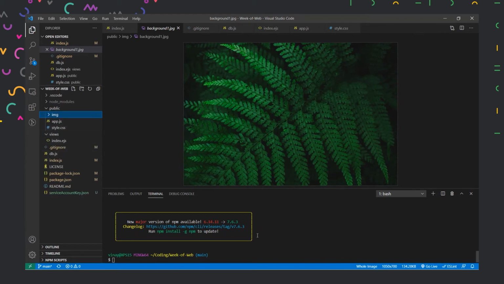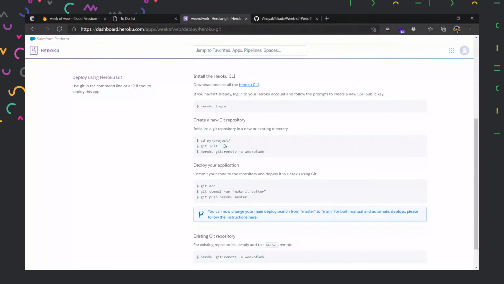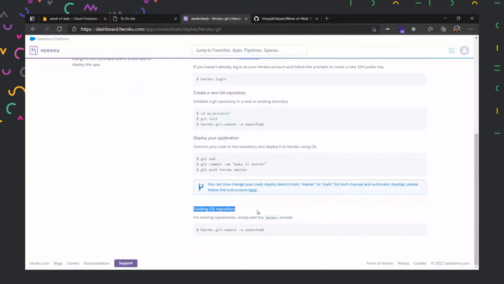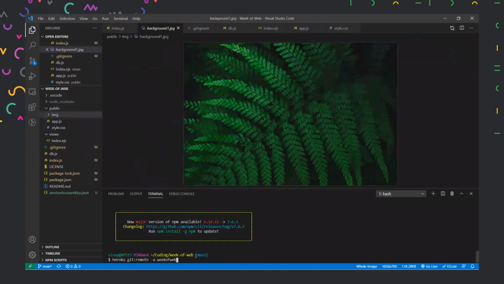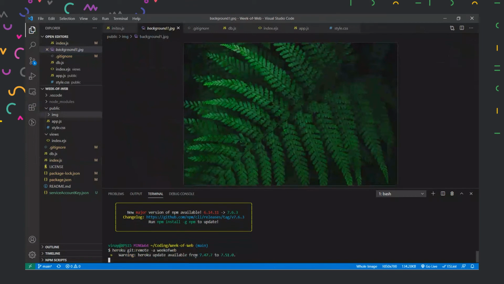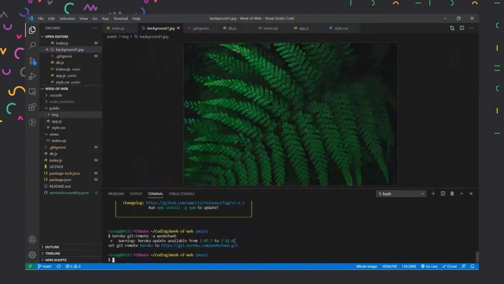After this, let us host our website. To do that, we will go through the documentation of Heroku. Here it is telling us that for an existing repository, we just have to create a remote. We'll copy this into our terminal, and then it will tell us that we can update our Heroku app.